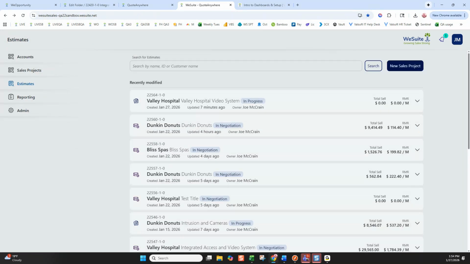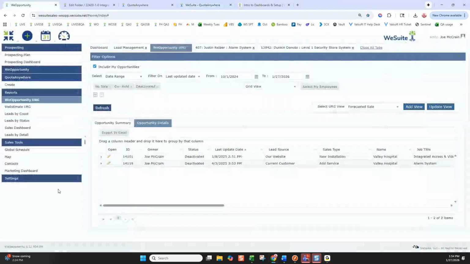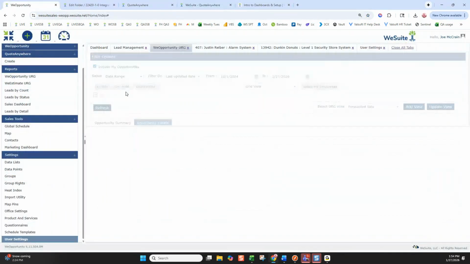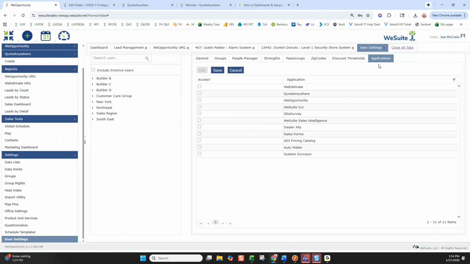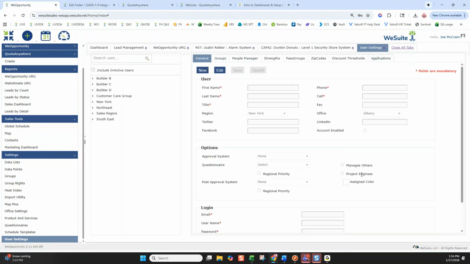Question: when a sales consultant leaves the company and is deactivated in WeUp, how do you account for their lead numbers in reviewing reporting, such as lead by count? Okay, good question. I would deactivate them from being able to log in to the system. So I would deactivate them from the license of the application. That means that you're not billed for that user anymore, but still keep the account enabled. That way, if you run a report for 2025 or 2024, you see them and the dollar